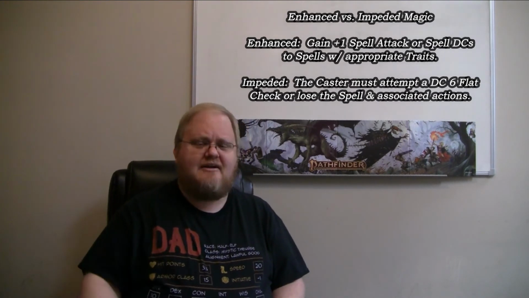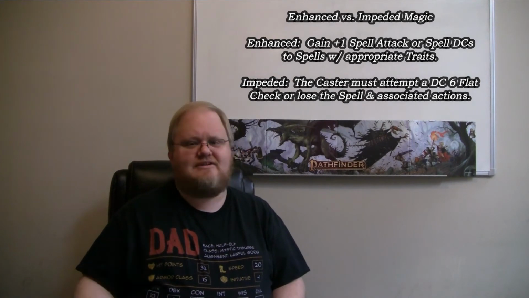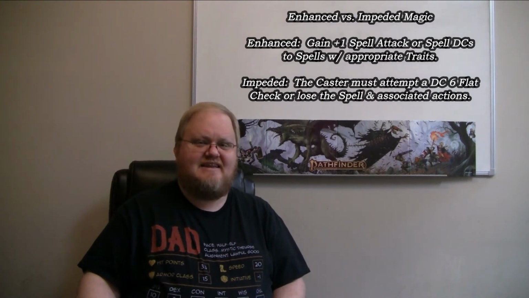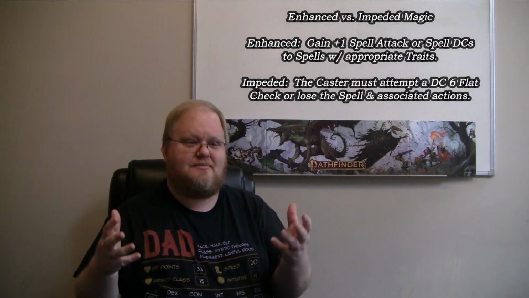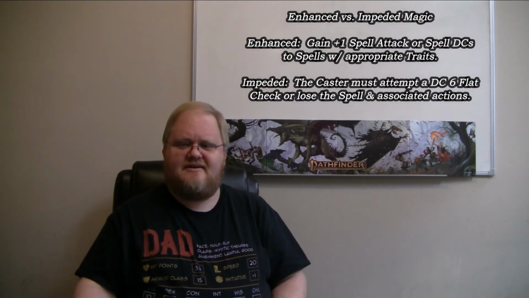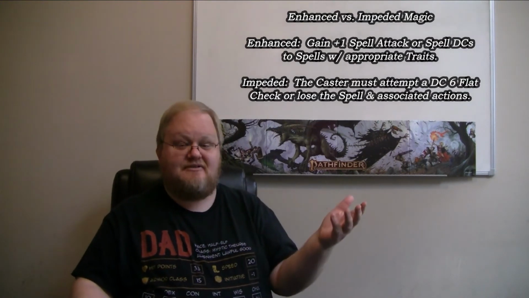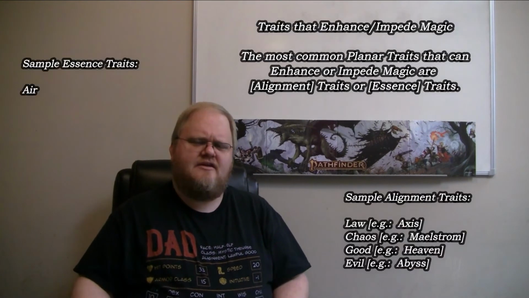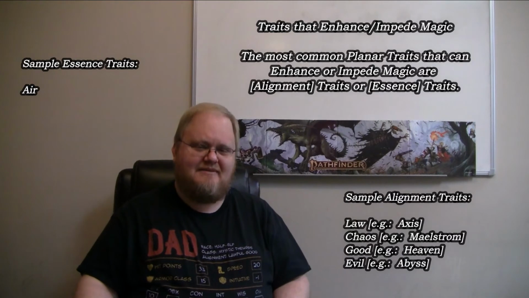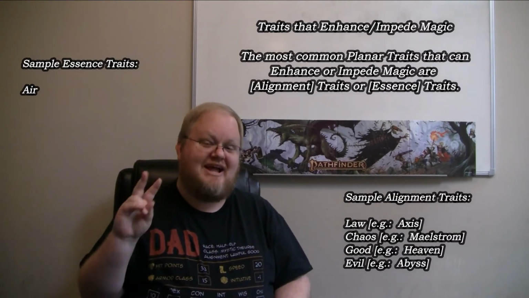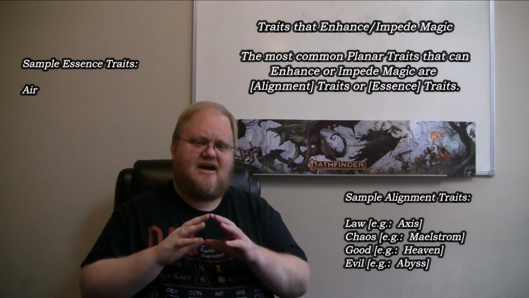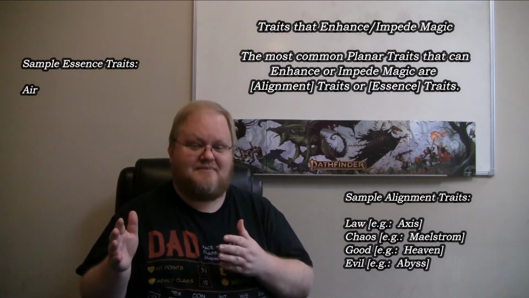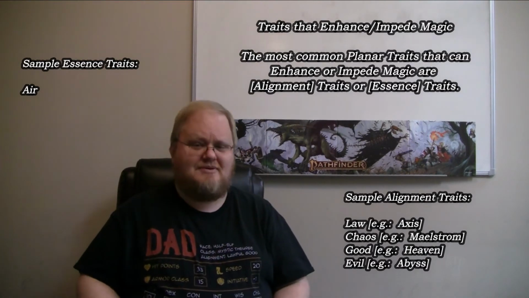So one thing that characters will need to be mindful of in traveling to other planes is that they need to consider what spells they use, prepare, or access, because certain spells may function better than normal, while other spells may fizzle completely without warning. The most common traits that will enhance or impede magic are alignment traits or essence traits. These are not exclusive to the enhanced or impeded effects, but these are probably the most common ones you will